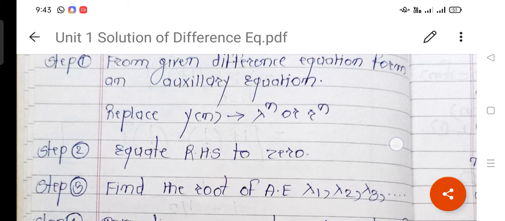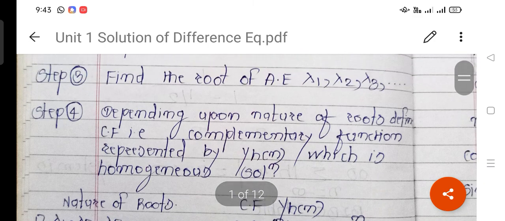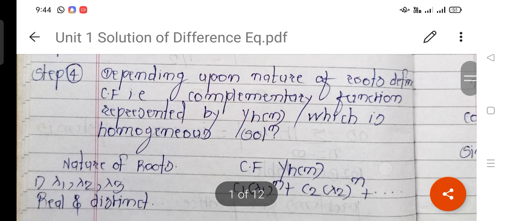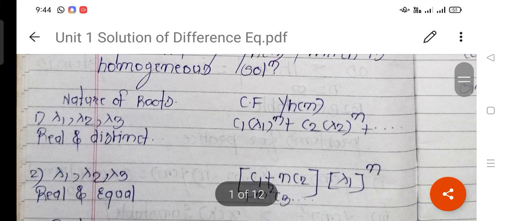After that, in step 4, depending upon the nature of the roots, define CF. CF means complementary function, or it is known as the homogeneous solution, that is YH of n, which is the homogeneous solution. Now first nature of roots is lambda 1, lambda 2, lambda 3, that is real and distinct. Then the CF will be C1 lambda 1 to the power n plus C2 lambda 2 to the power n